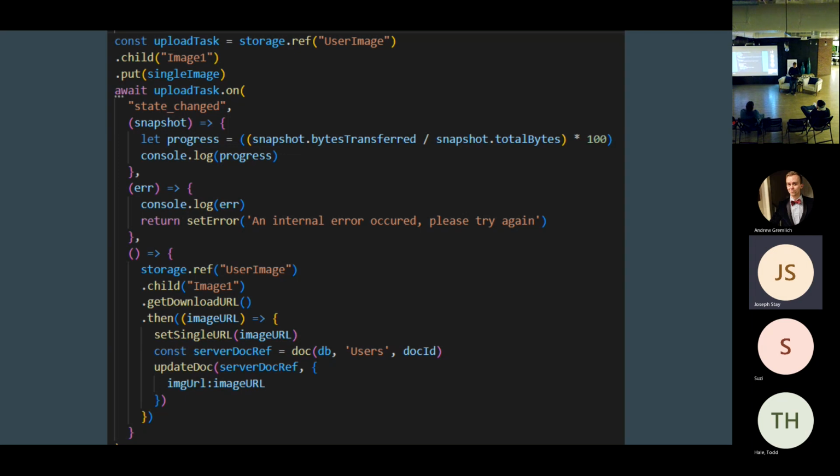So that's the long way of doing it, there's not really a short way. That's the way you can upload a file, specifically an image, with Google Firebase. And that was actually something really valuable, simply because of a lot of personal projects and professional projects, because this is how a lot of it is going to be, where you want to get that snapshot and log the progress. You're going to have errors. You're going to be going through different collections and databases.